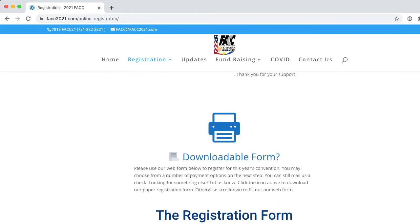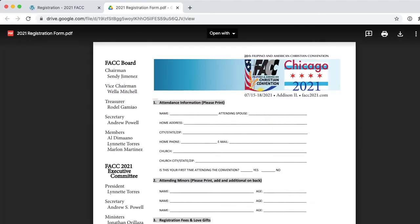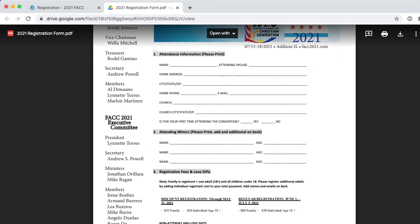As I scroll down slowly, we'll stop here for a second. Some people may want or need paper registration forms. I do have that linked right here. Just go ahead and click on the little printer icon here. We'll go ahead and do that for a second, and you will see here's your traditional print it out,